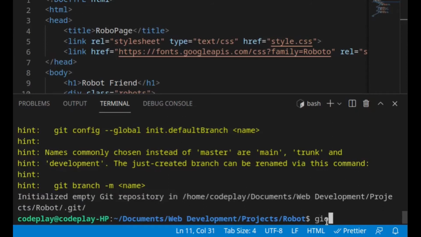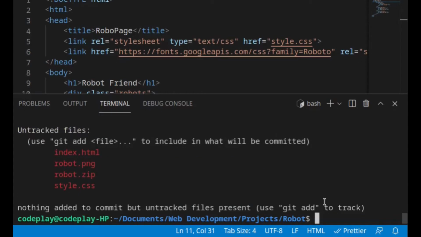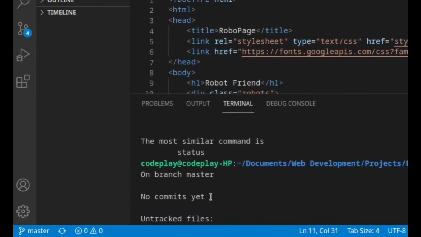Now we will say git status. Now it is showing no commits yet. We have not committed any file. Committing just means, we can say, sort of uploading our files.